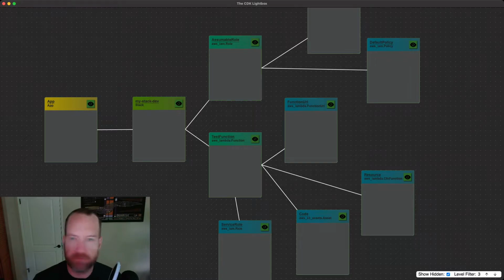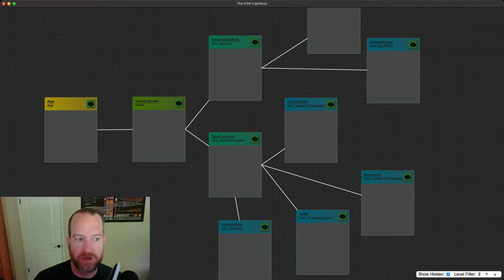But that part's not built in yet. I don't know if it really makes more sense to go to the rendered CloudFormation and get out those properties from the JSON file and render them nicely, or if it would actually be worth going a step further and going into the actual code that you've written yourself and try to extract out the properties that are defined there. Because if I go to the CloudFormation, well, none of the L2s or L3s are going to have